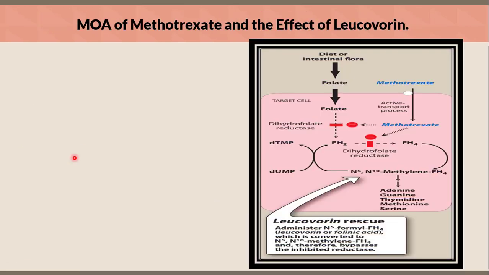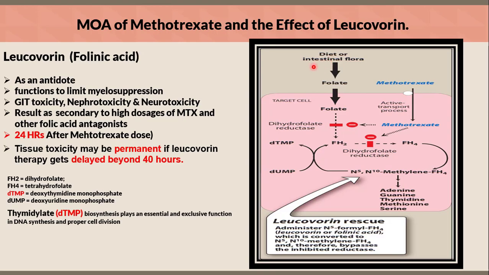Mechanism of action of methotrexate and the effect of leucovorin. As you can see here, the diet or intestinal flora produce folate, and the folate enters the target cell. Inside the cell, the folate is converted to FH2, or dihydrofolate. And as you can see here, the dihydrofolate reductase enzyme catalyzes the conversion of folate to dihydrofolate, and after that to